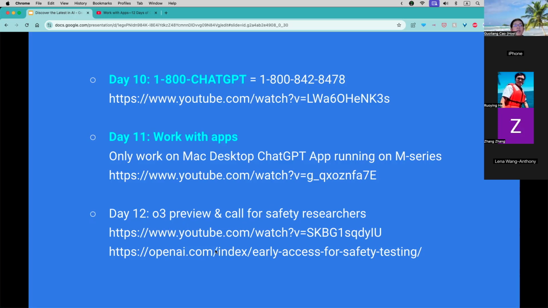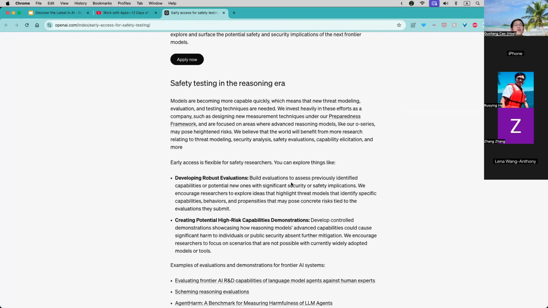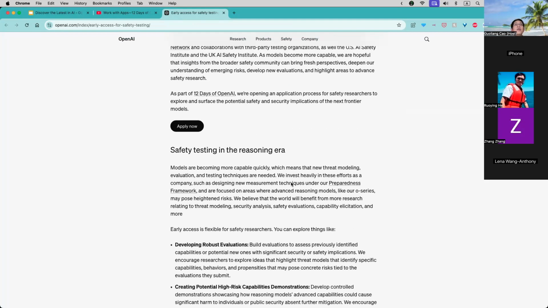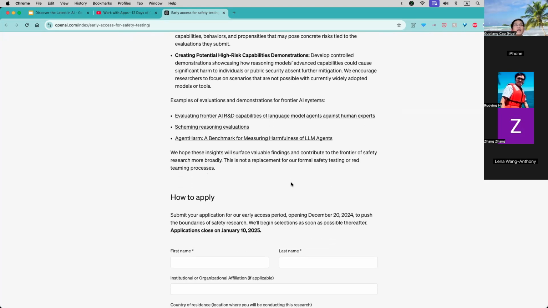Right now it's in the preview stage, and they allow researchers to request early access. I included the link here. You can request access, let me open that, before January 10th, they have a date here.